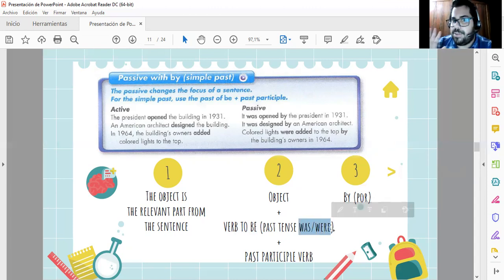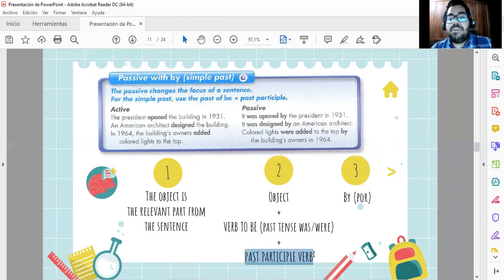Teacher, and was for what? Well, guys, you have to know that, right? You're in intermediate too, but let me remind you. Okay, don't worry. Was is for the singulars: I was, he was, she was, it was. And were is for the plurals: we were, they were, you were. Just to remind you about it. And take a look over here, guys, because I want you to take the list of verbs and take a look.